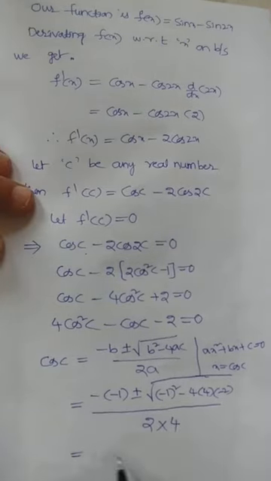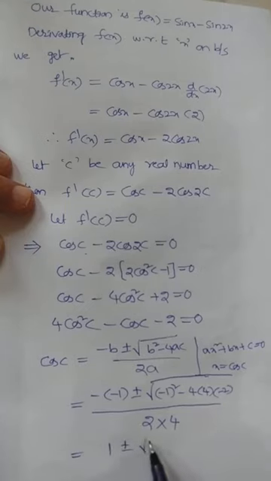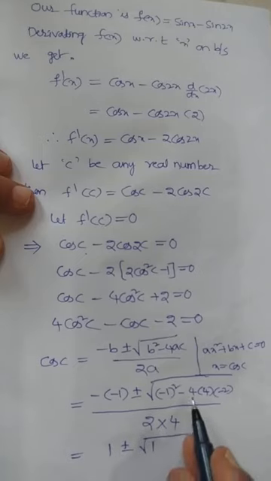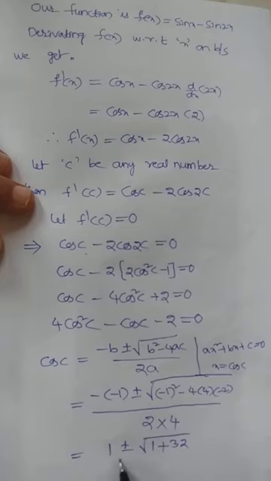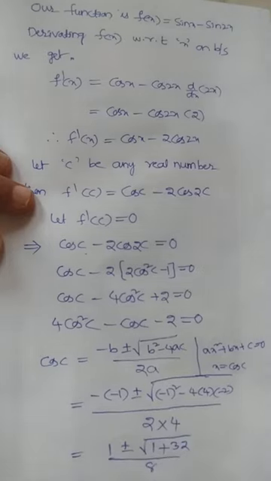So that is equals to 1 plus or minus under root of minus 1 whole square is what? Plus 1 minus of minus plus. It is what now? 4 4s are 16 into 2, that is what now? 32 by 8. So what I could get here? 1 plus or minus under root